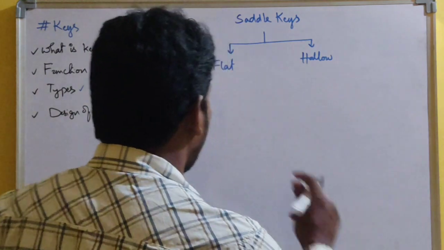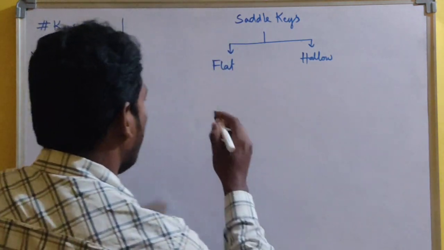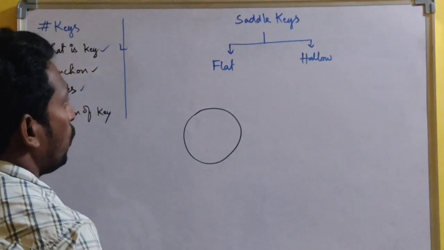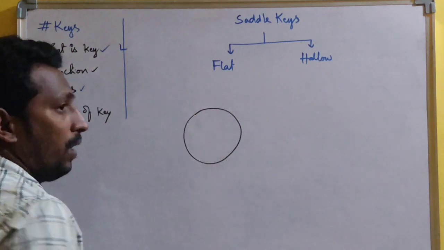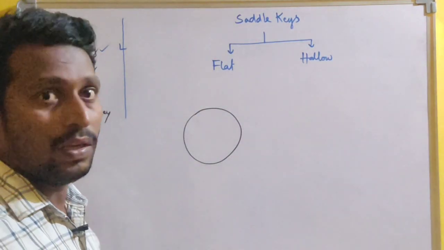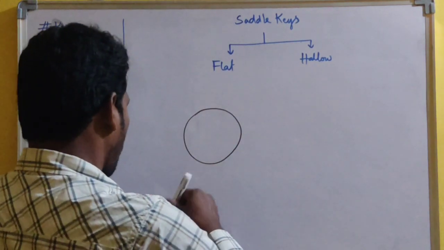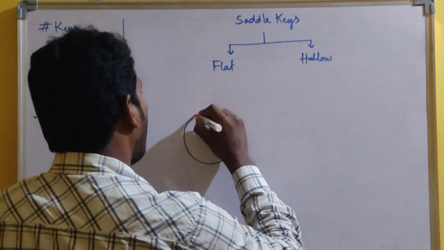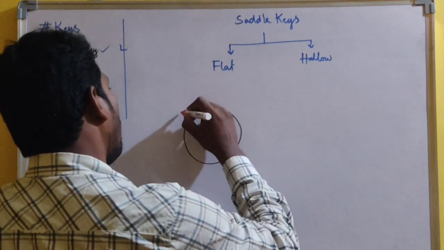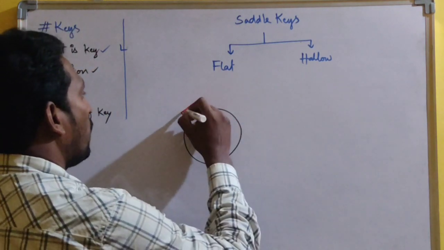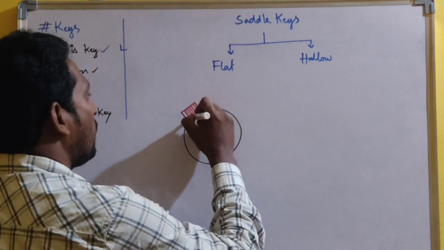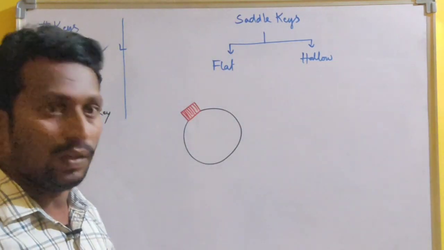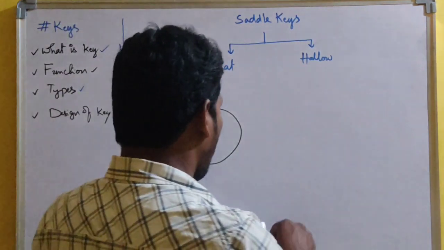Now I will show the difference between the flat and hollow saddle key. First we will see the flat saddle key. To keep the flat saddle key on the surface of the solid shaft, we make the surface of the solid shaft flat like this, and after that we can keep the key like this. So this is the key that is partially inserted in the surface of the solid shaft. Then, in the case of a hollow saddle key,